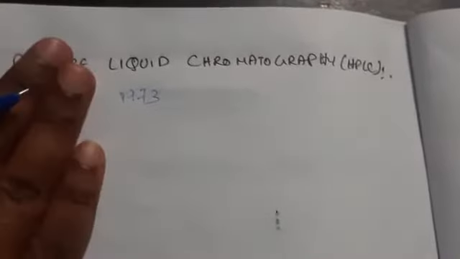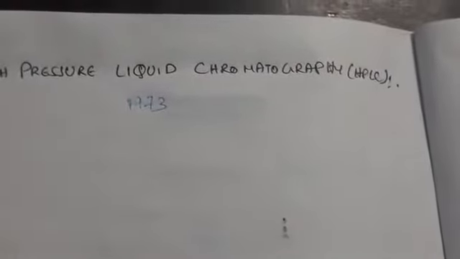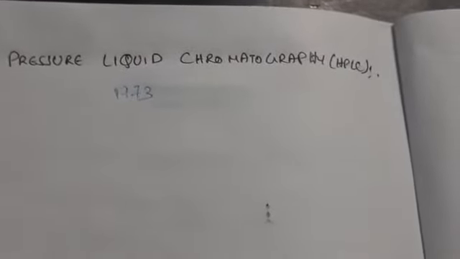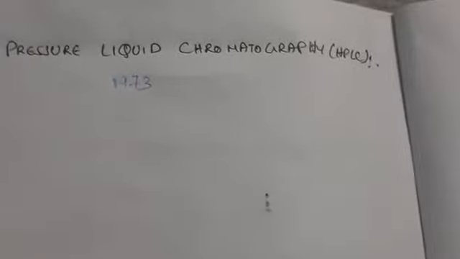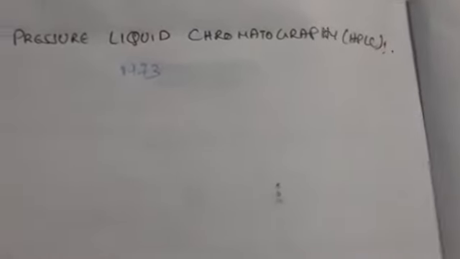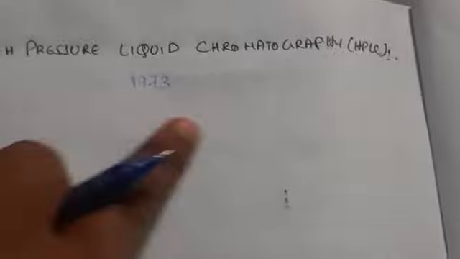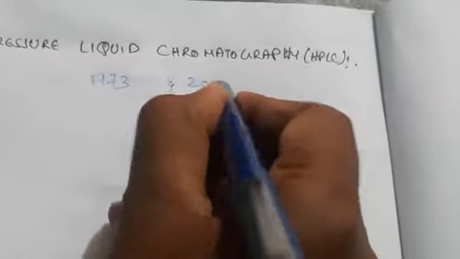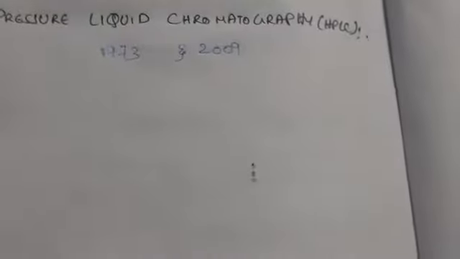Okay, here we have one more technique also, that is gas liquid chromatography. In this we are going to use only liquid components and solid components. We are not using gas components. Why? Because gas chromatography is a separate technique meant to eliminate the gas molecules. Coming to high pressure liquid chromatography, it is an old method, an old system that came in 1973, and again in 2009 this technique was modified, which is presently used in the market now.